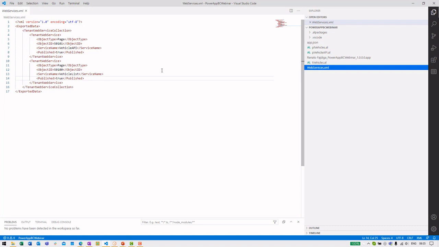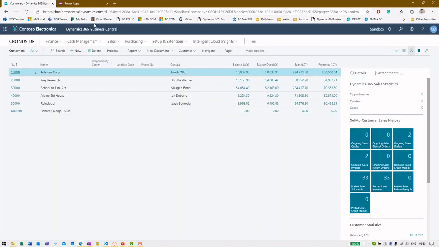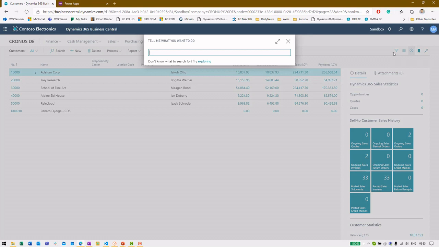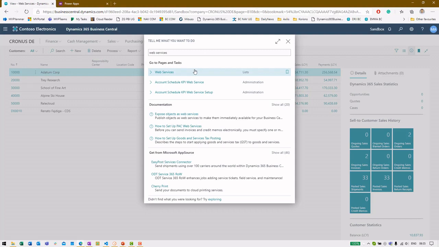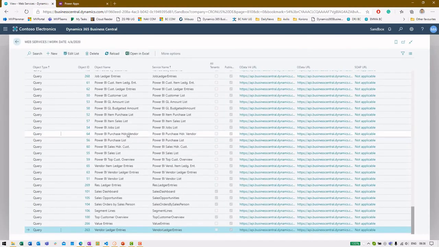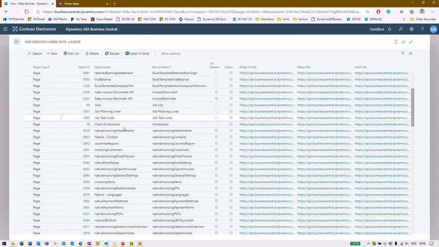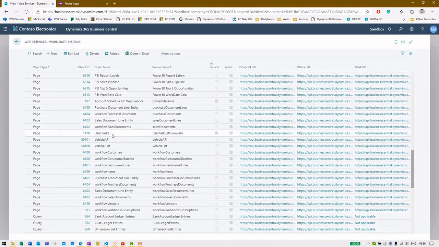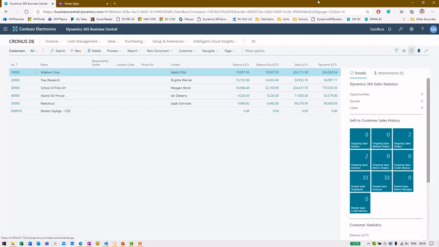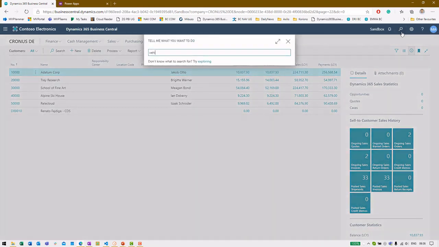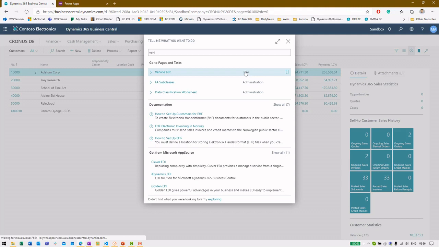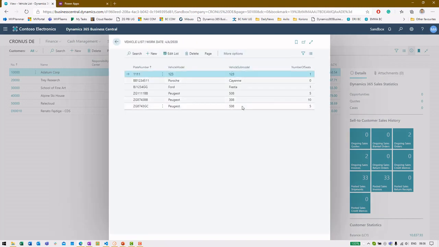When I publish this extension, so this is Business Central extension, inside my sandbox, if I go to the web services, here I will have my web services. Okay, and to find vehicle list, I see that I have some information about the vehicles. Okay,